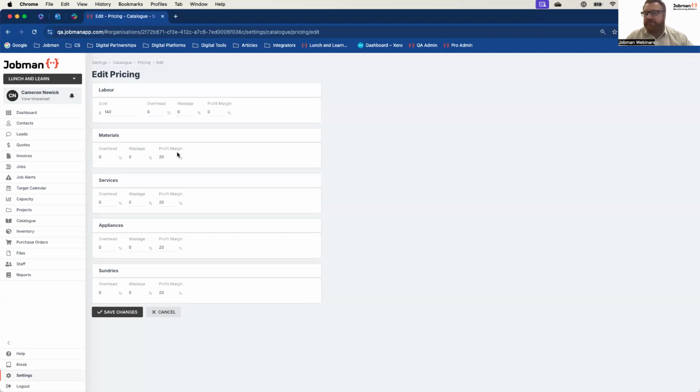And for a lot of companies, that's the first thing they don't realize. So one of the great benefits of Jobman is by putting in that 20% profit margin, for example, you can see that discounting, whilst it will impact that costing, live, it will show you what that will do to the end result. And that's fantastic. You can see that. So before you've even started putting jobs out there, you should know what you're going to make. So that's the difference between those three. And setting them up here is easy and it will apply to everything in your software.